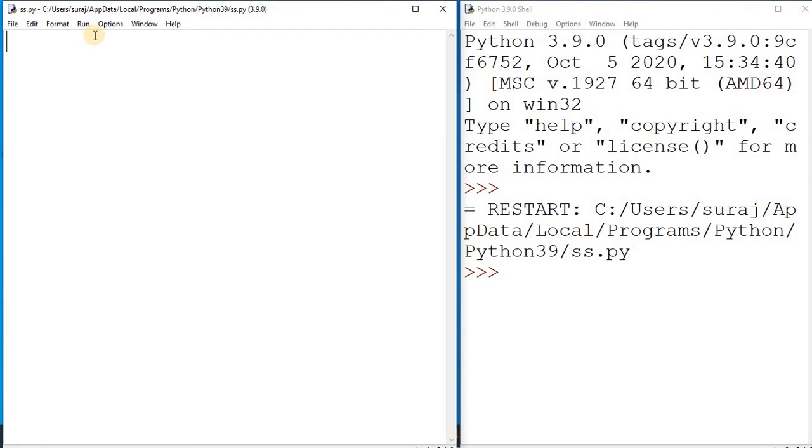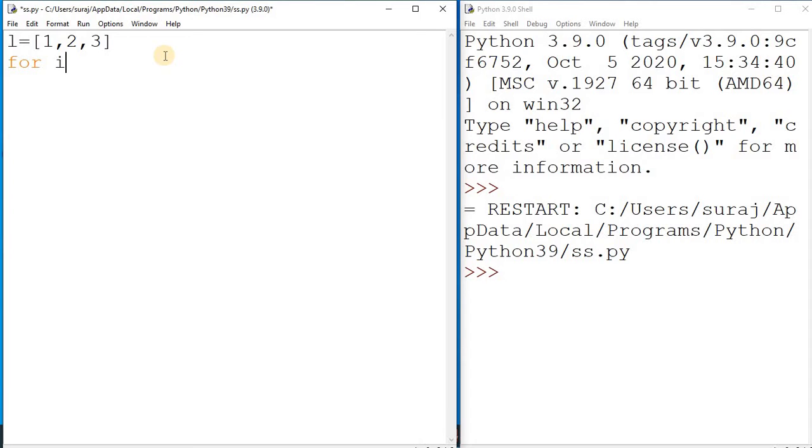So here first I create a list, and in that list I am going to add some values. Okay, these are my values. And now for printing these values you can go with the for loop. So this is the for loop.